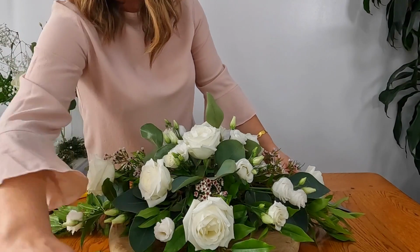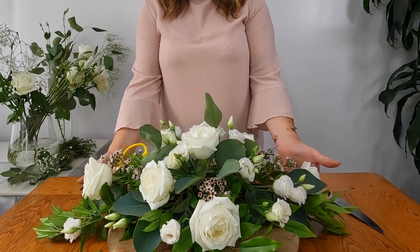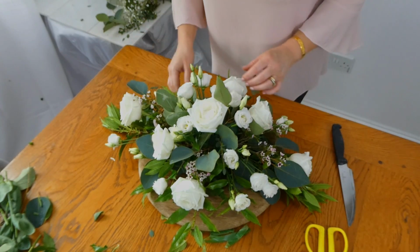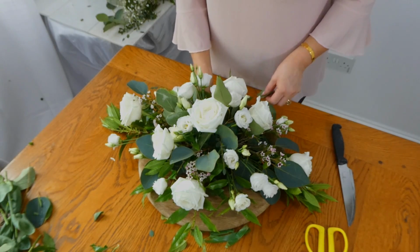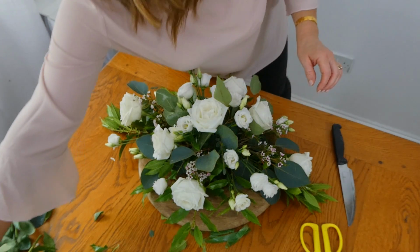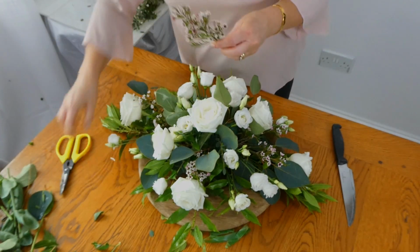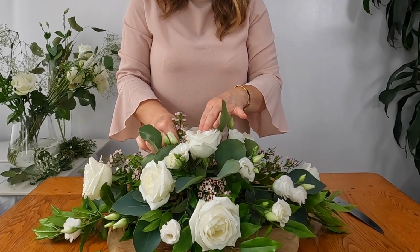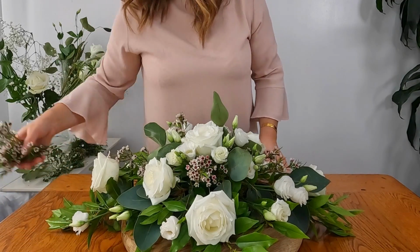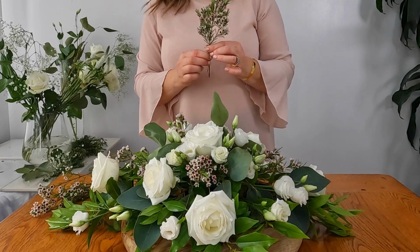Okay, so I think from my other camera you can see the shape of the display, and you can see it's quite overpowering with white flowers. So at this point I'm going to add some more wax flower, like I said earlier. So I'm going to take another piece of wax flower. Okay, so I have some more wax flower, which I did prepare earlier, and the reason I'm saying that is